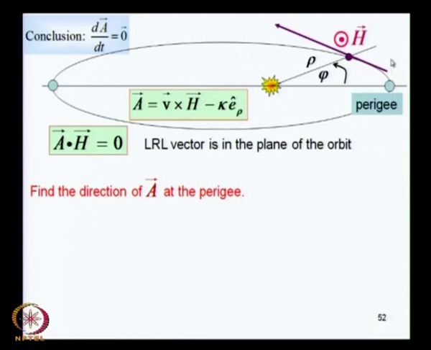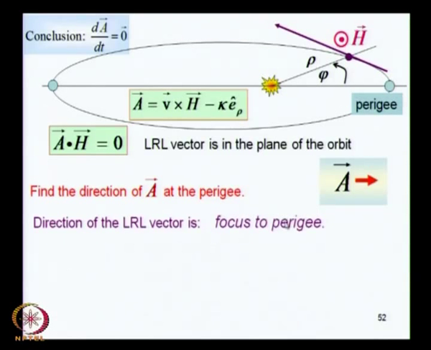So, what is the direction of V cross H? V cross H minus kappa E rho. E rho is from the focus to the perigee, minus E rho is like this, right. So, you can find that the direction of the Laplace-Runge-Lenz vector is from the focus to the perigee,